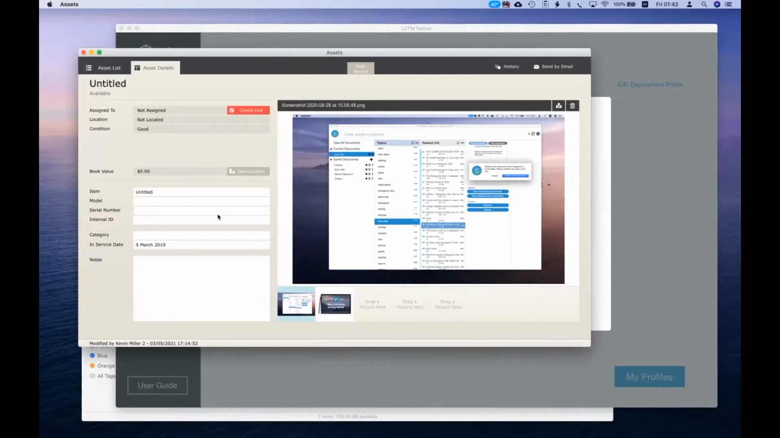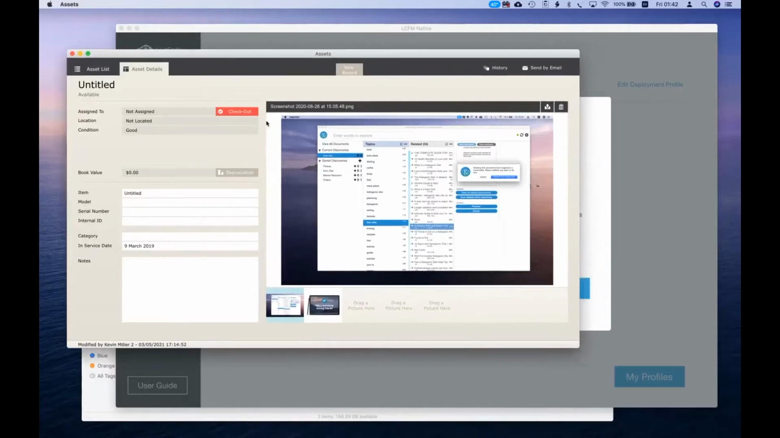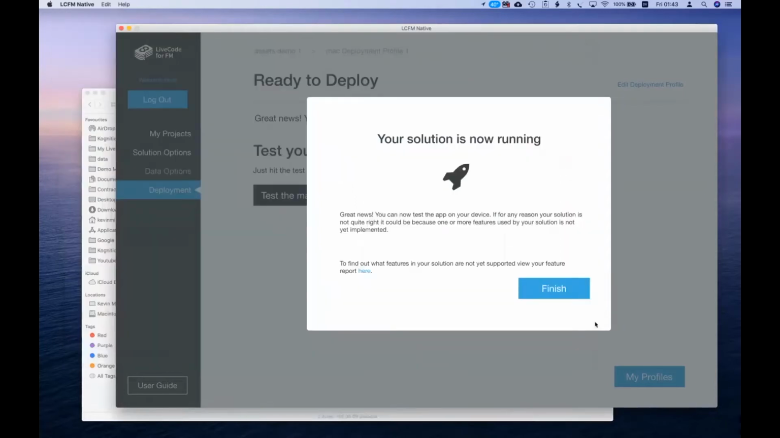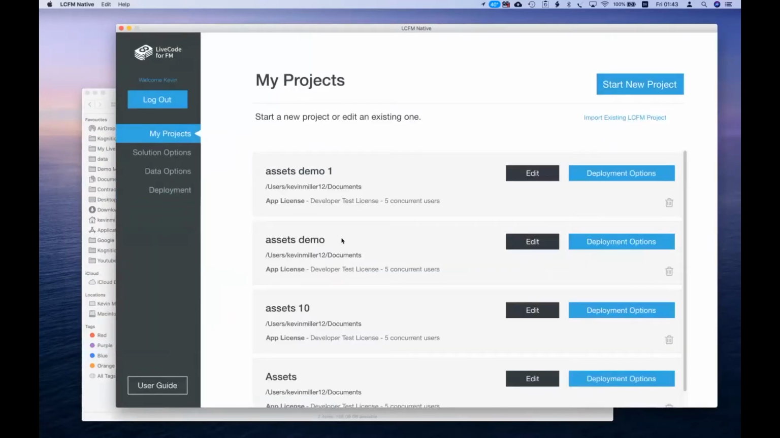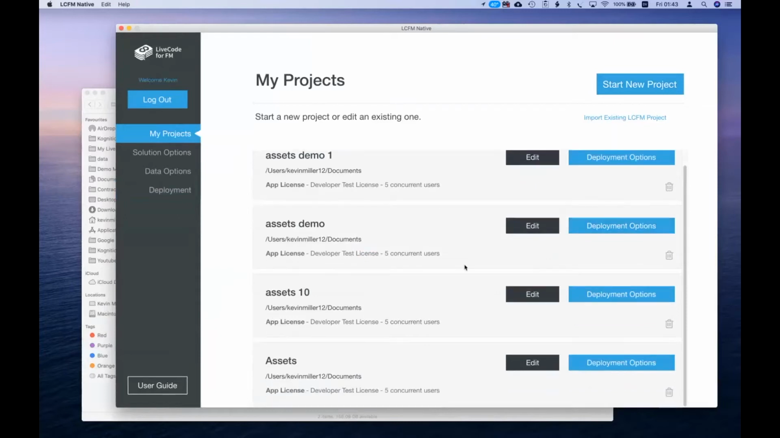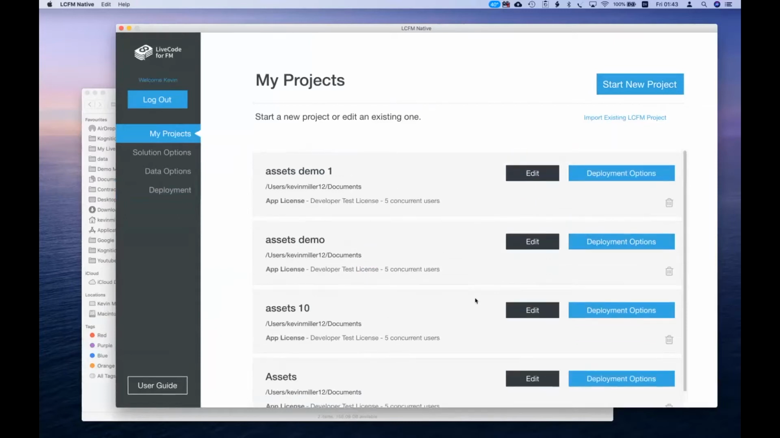So this is a great way just to test how complete your app is in LiveCode for FM, because, as I say, you don't need a device, and if it's running well on Mac, then the chances are it will run well on Android as well, given that it's the same platform that we use across all of the various different devices. So having checked out our Mac app and being happy with that, I'm going to come out there and I will go and add a development profile for